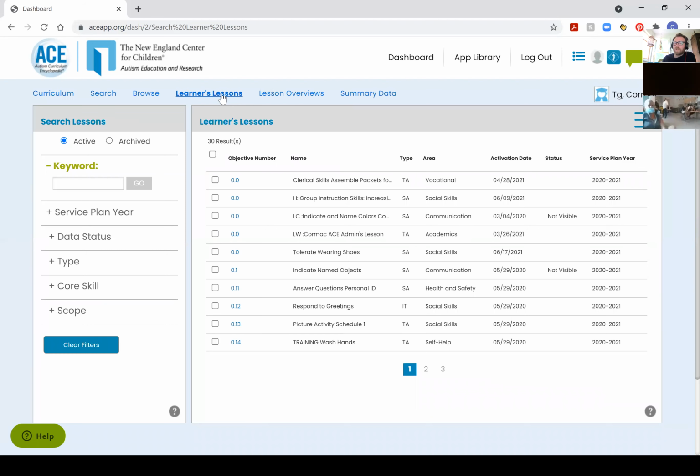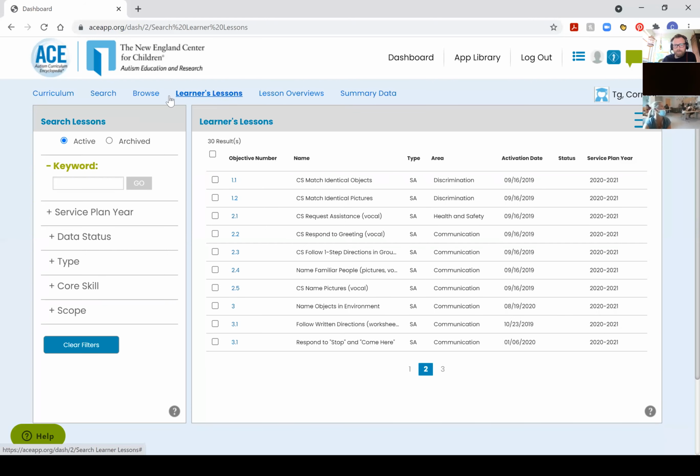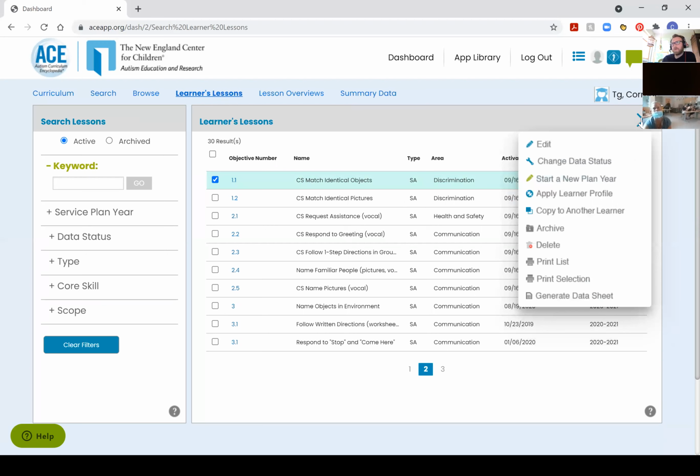Recall from last week, over the left-hand side, you can switch between your students' active lessons and lessons that you put in archive, lessons that you activated previously that you're no longer teaching, okay? We want to get back into the editing page. So I'm going to go to a lesson that I already have set up. It's lesson here, 1.1. I'm going to click on our action button,